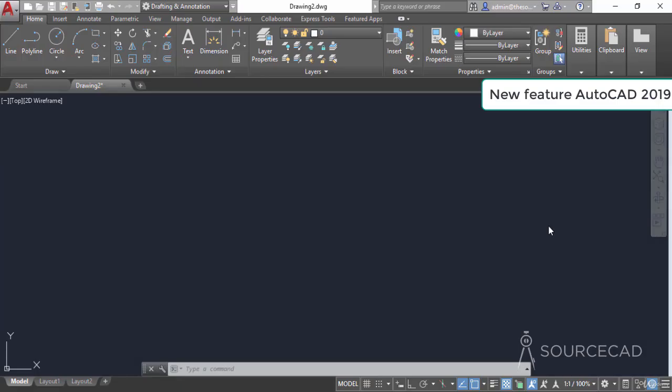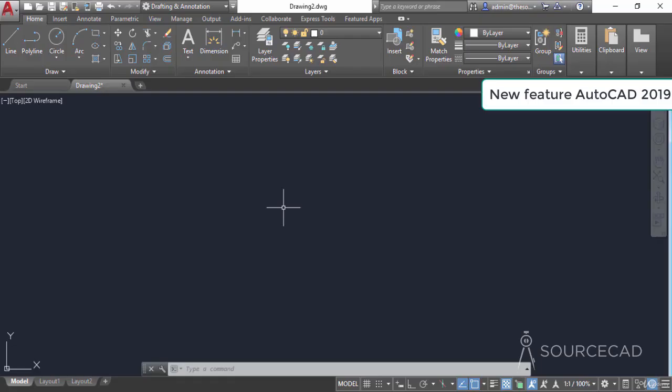Another great feature which has been added in AutoCAD 2019 is the Save to Web and Mobile tool. So now you can save your drawing files online and you can access them from whatever device you are using. You can access it from mobile devices, from the Autodesk mobile, using tablets, phones, or even from browser. So let's say that we want to save one of our drawings on the cloud so that we can access